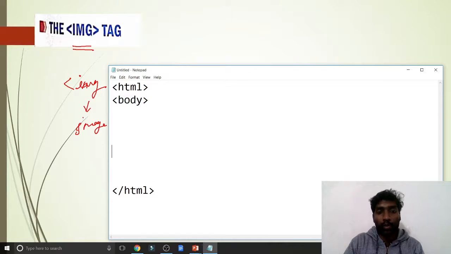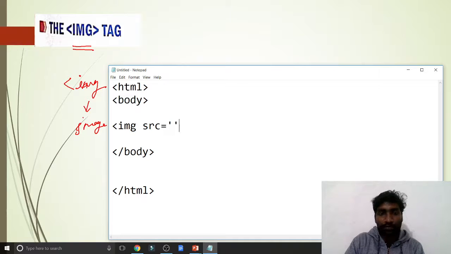But you should not go to the body directly, you should give the head and the title. Now see here, IMG image, SRC source equal to, and I am closing the bracket.